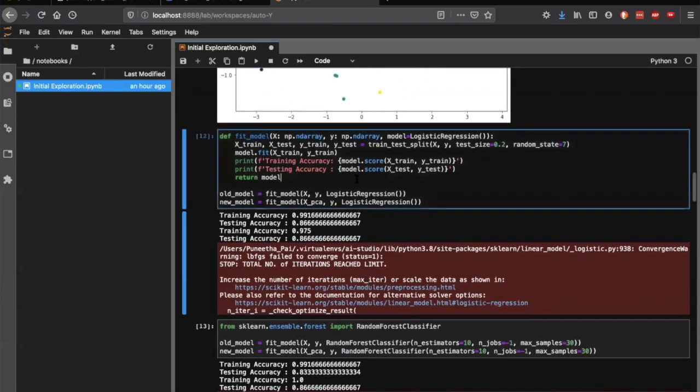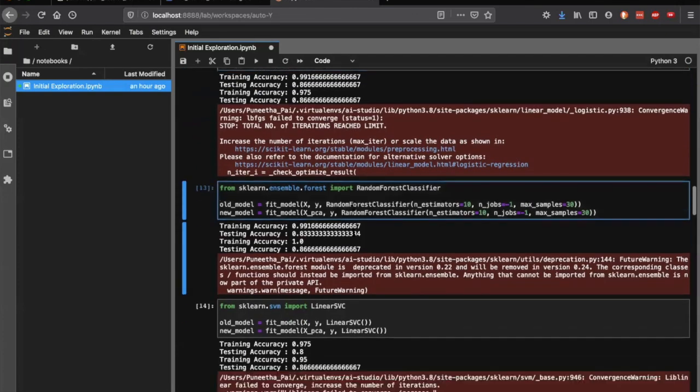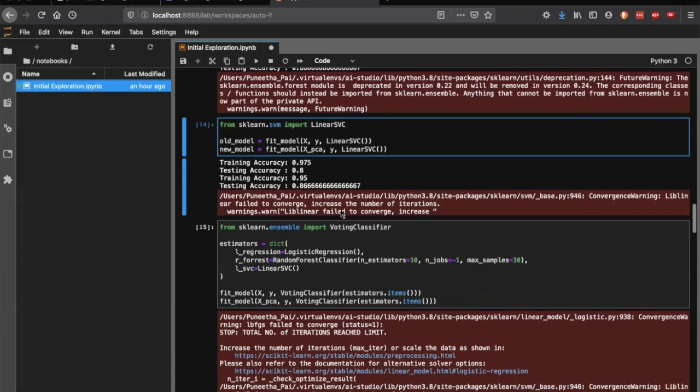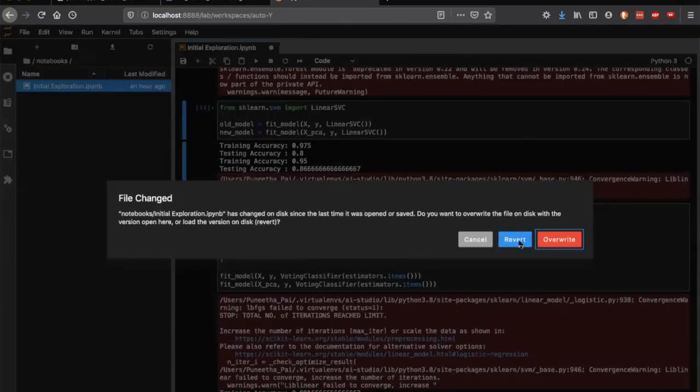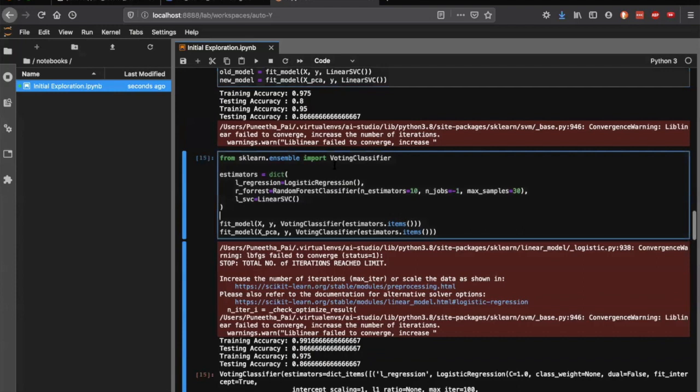After that, you train a logistic regression model, then you train a random forest model. Similarly, you train a linear SVC model. And in the end, you create an ensemble model, which is a voting classifier.